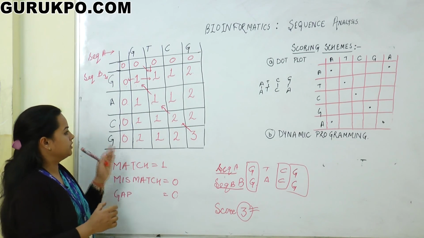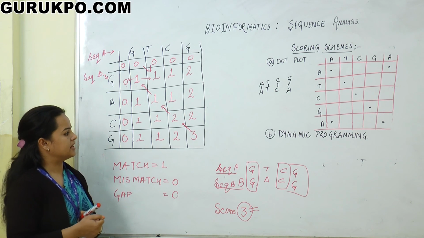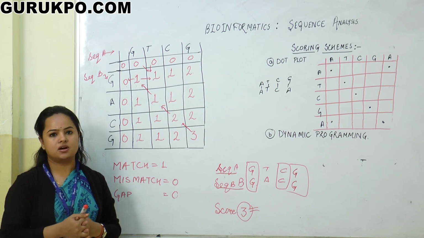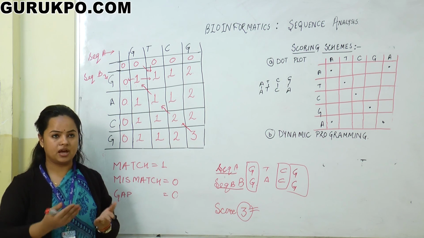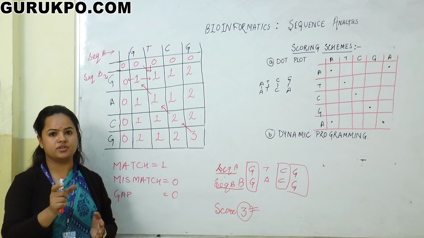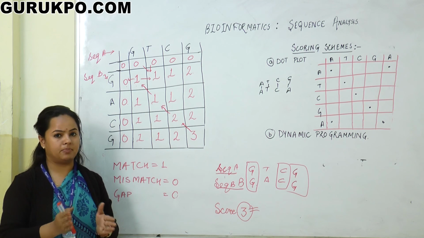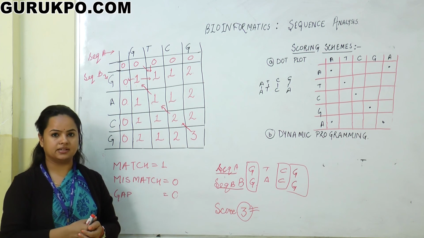This is the method of dynamic programming. This is the second type of multiple sequence analysis, and then the third and final method is BLAST or FASTA. These both are online methods, and we just compare a single sequence with the already available databases, but both methods apply a different kind of scoring scheme and give us a better result in a better way.